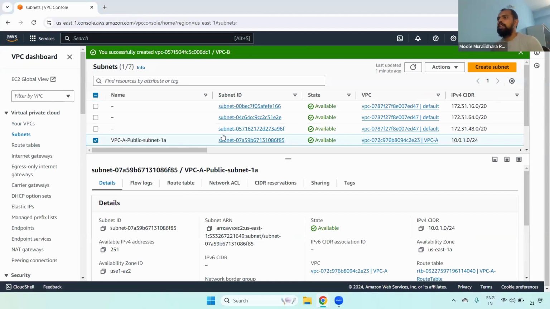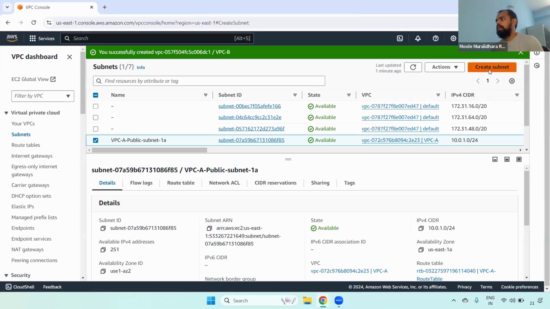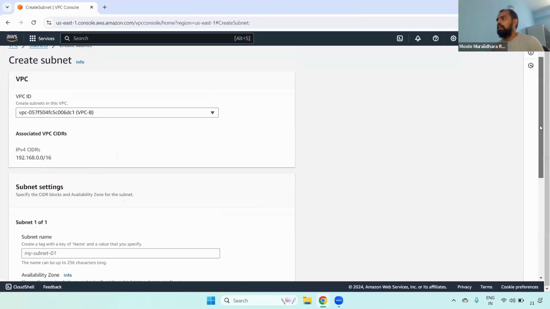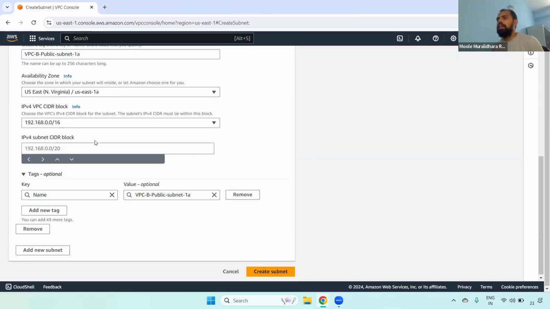You have to create the subnet as well. The name is VPCB subnet, and we have to give that particular range. Select the VPCB, and here you have to give the name of the subnet. You can give which availability zone. I'm selecting 1A, and here we have to give that specific CIDR range. What I'm giving here, right,